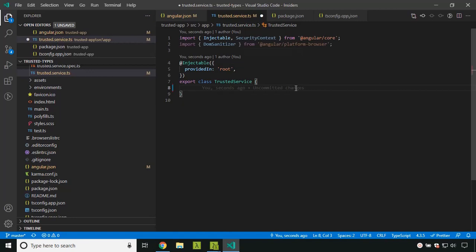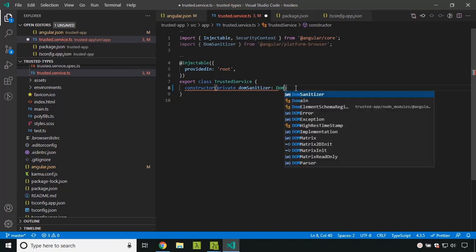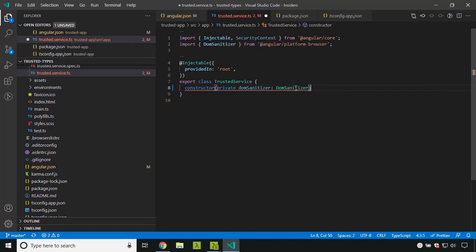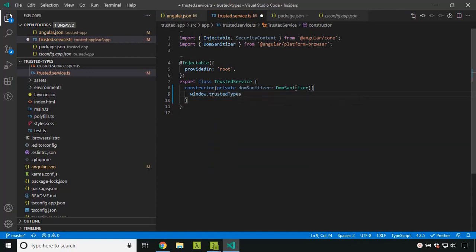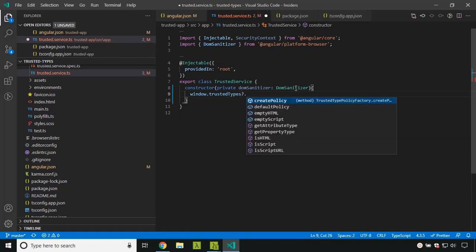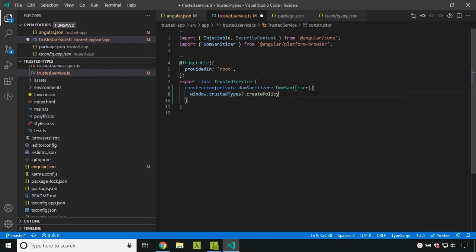Now inside the trusted service, inside the constructor, I am injecting the DomSanitizer. DomSanitizer is a sanitizer which is available within Angular itself. Inside the constructor, I am going to create the trusted type. Check whether trustedTypes is available. You can see I am checking that, and inside that there is a method called createPolicy.